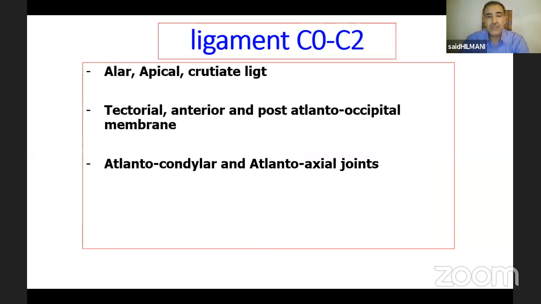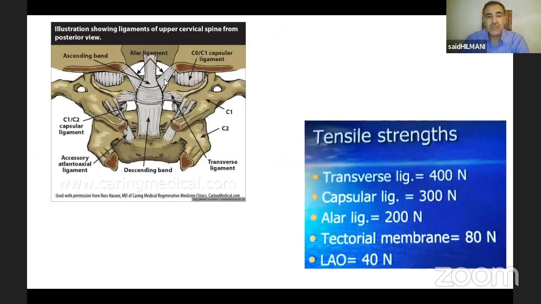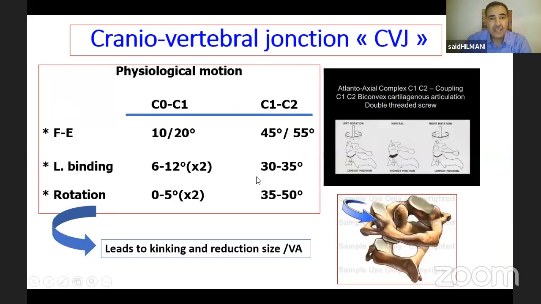articulation after the shoulder. There are many ligaments which lead the atlantoaxial and occipitoaxial junction, with many different tensile strengths, especially in the transverse ligaments and capsular ligaments. This allows three physiological motions in three-dimensional space: flexion, extension, lateral bending, and rotation. One of the most important points is those